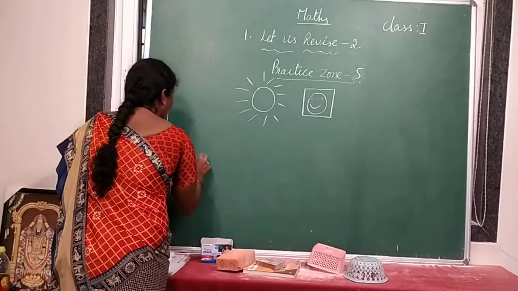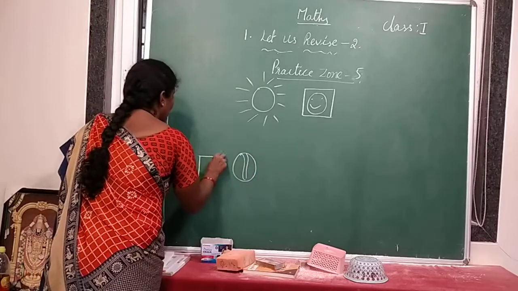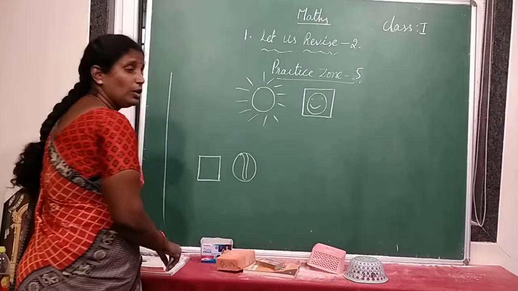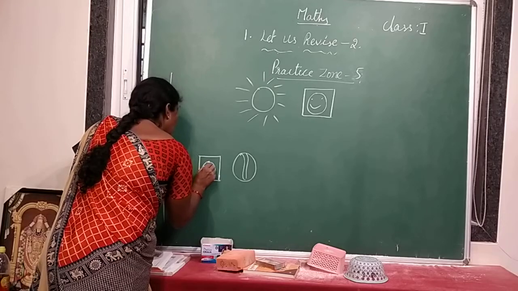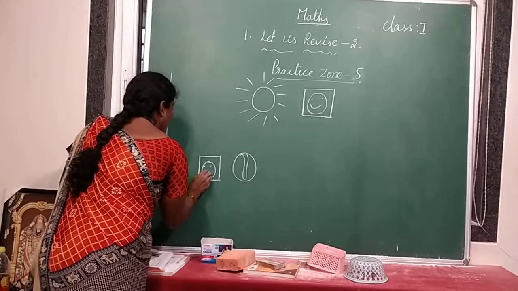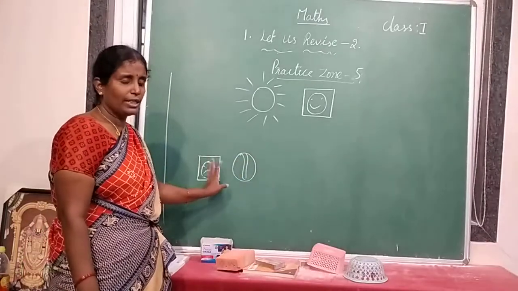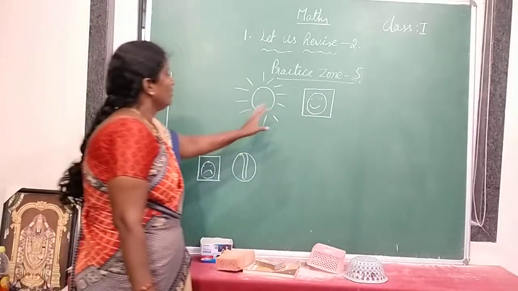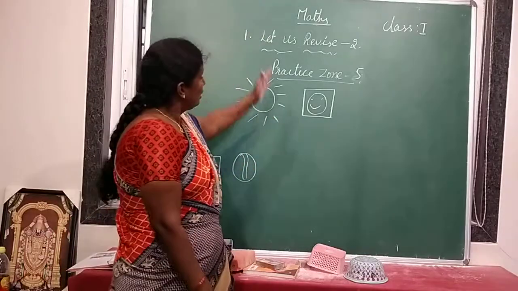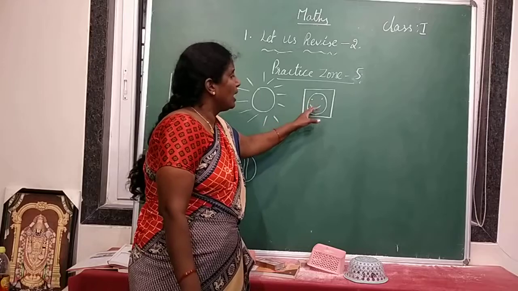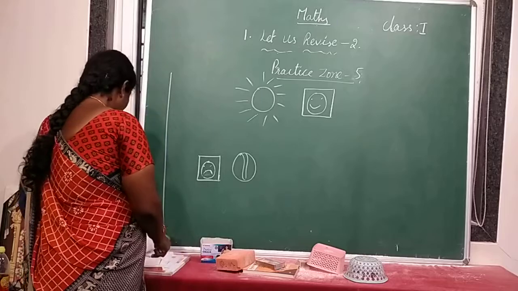And next, the ball. This is a ball. This is below the tree. So it is below the tree. So we have to draw a sad face for the ball which is below the tree. And which is above the tree? Above the tree means on top of the tree. So the sun is visible from above the tree, right? So we have to draw a smiley face. Understood? And next, today's homework is,